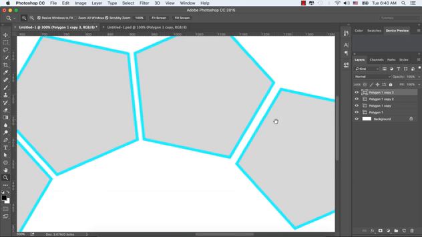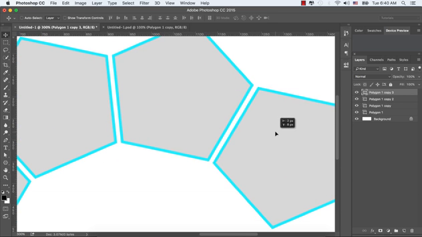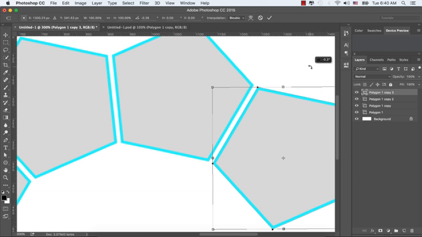Let's zoom in a little bit by selecting the zoom tool from the toolbar, and let's adjust more by Ctrl or Command T to transform this last shape, and select OK.